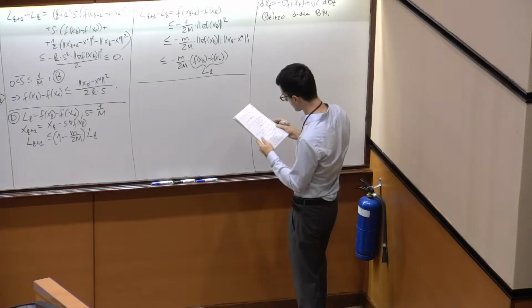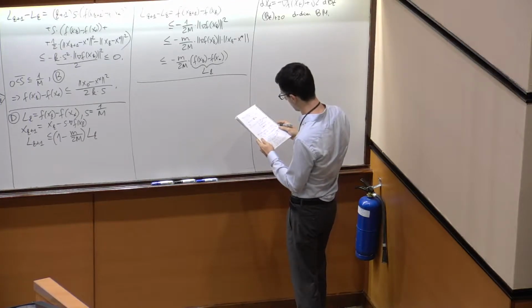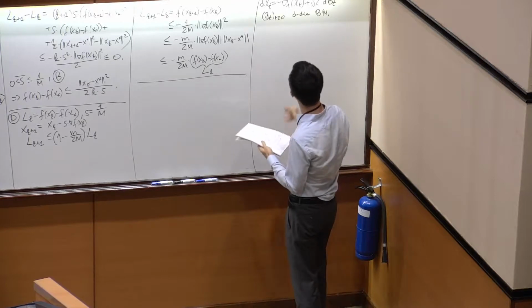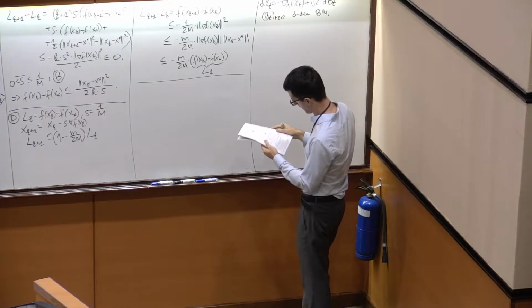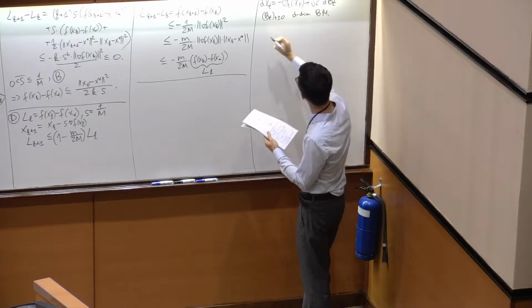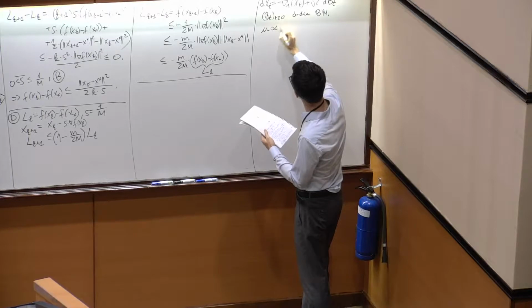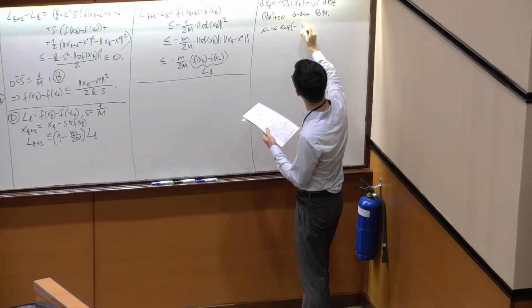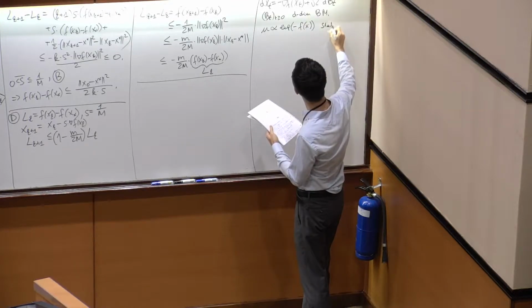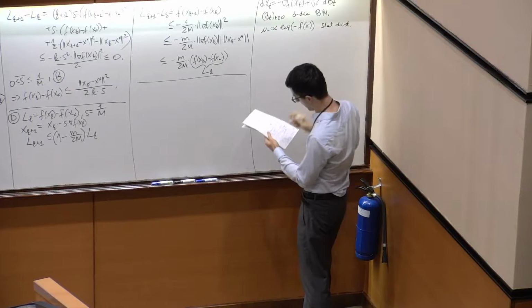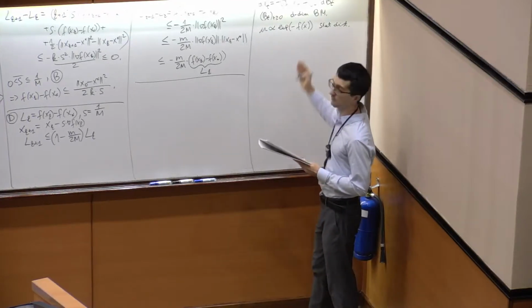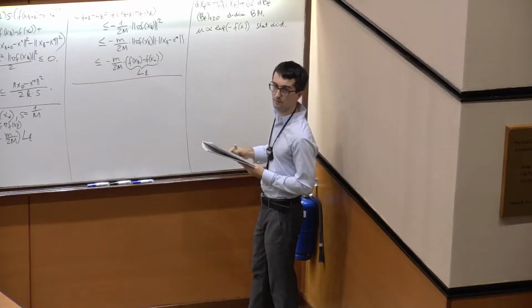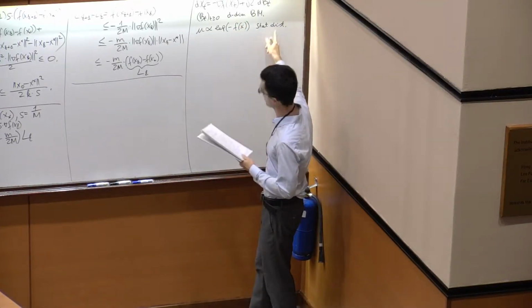Now, it can be shown that the stationary distribution of this process is mu, where mu is proportional to the exponential of minus f(x). All right? So now our goal would be to show some convergence rates for this diffusion to the stationary distribution.